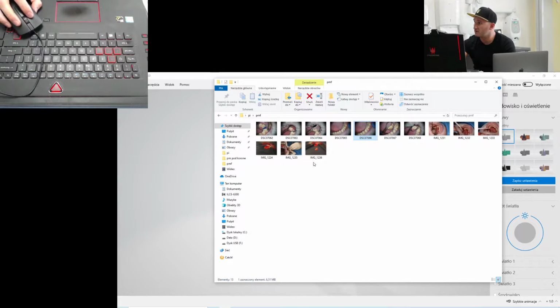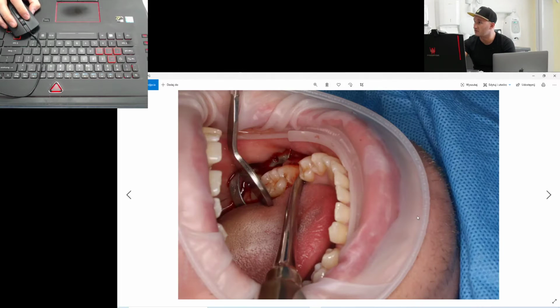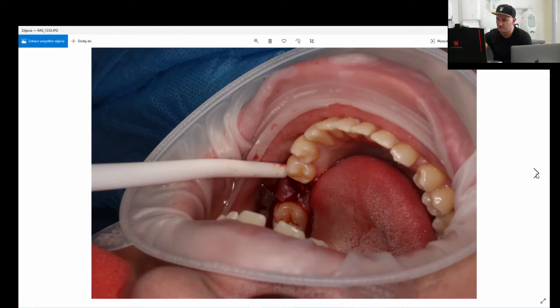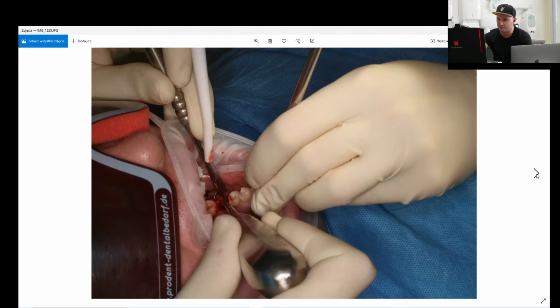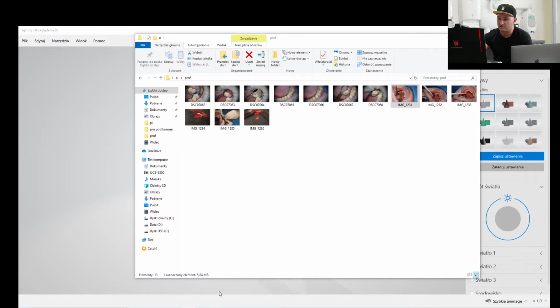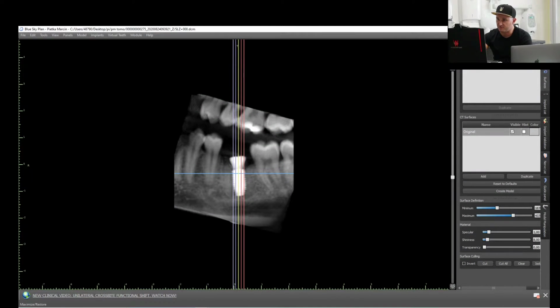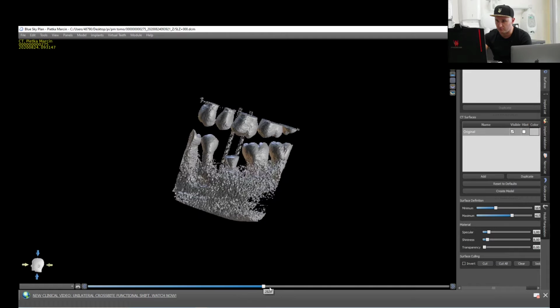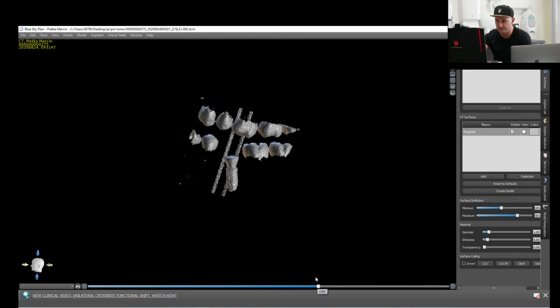I got some pictures from the procedure, maybe not a lot of them, but there are a couple. The teeth while extracting, and the socket after extraction. Here is the extracted root, mesial and distal. We extracted it via separation, and that's it. After we placed the implant, this is its position, approximately the same position we planned, as you can see,